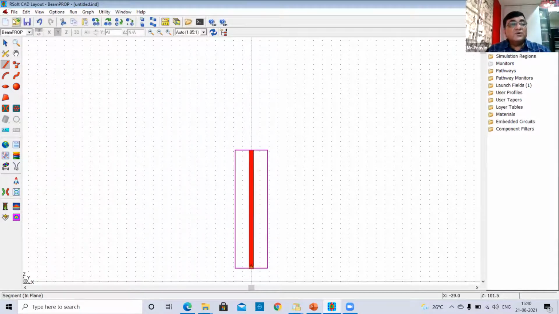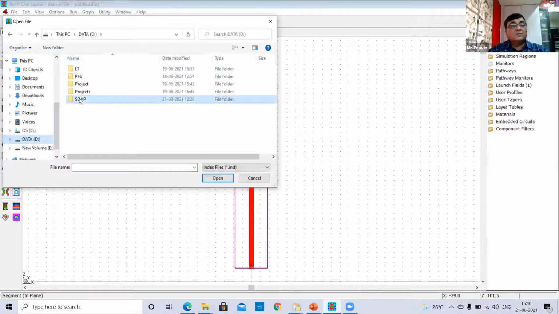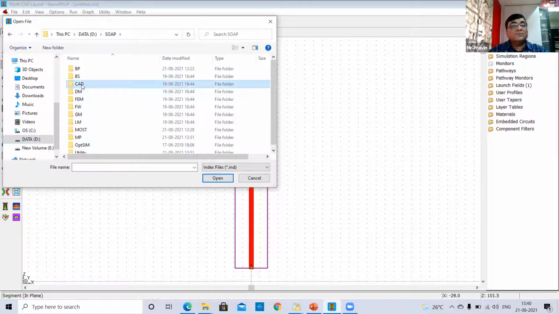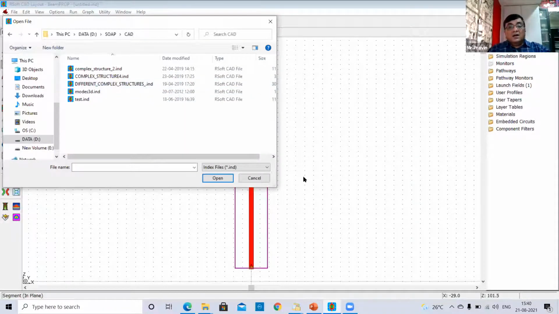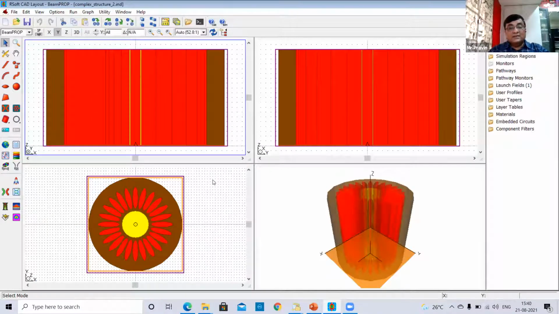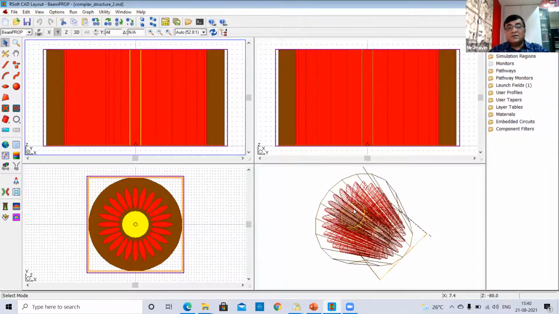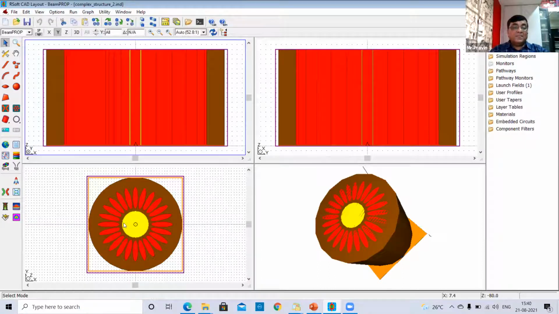Now I'll just show you in the RSoft CAD. As I was saying during my presentation, it can handle any kind of complex material. Okay, this is a 3D structure. Now, as you can see, this has a lot of uneven shapes.